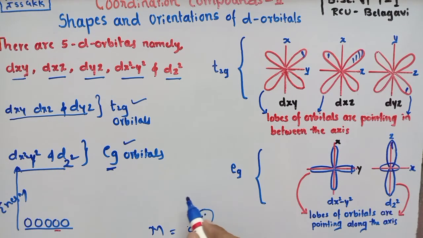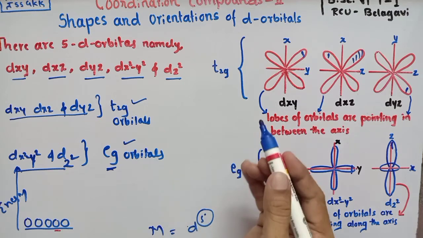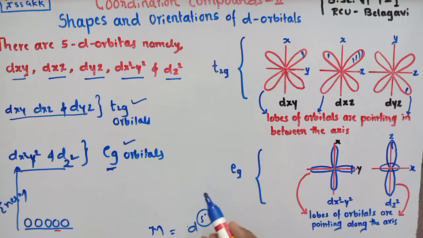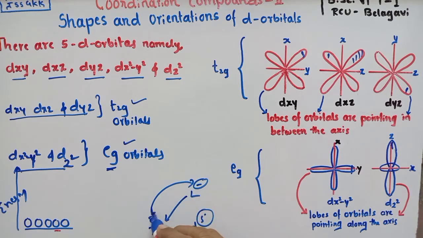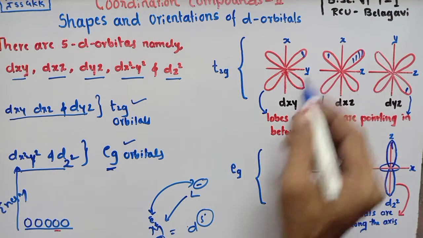Now, according to crystal field theory, as the ligand approaches the central metal ion to form a complex, the ligand is considered as a negative field and the metal is considered as a positive ion of charge equal to its oxidation state. Of course, an electrostatic force of attraction takes place between metal and the ligand, but at the same time there is a repulsion between the electrons present in the central metal ion and the negative field of the ligand.